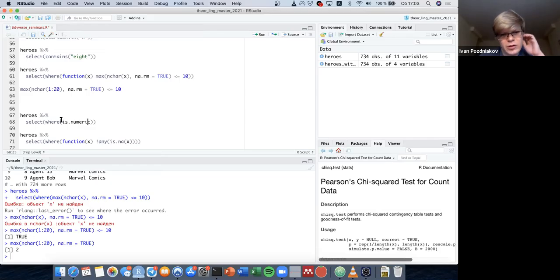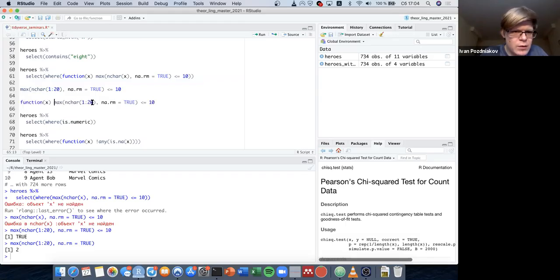It is a built-in function isNumeric that as the first argument has some vector and returns true or false, depending on whether the vector is numeric or not. In this case, we can just write the name of the function. In case we don't have such a function, we can just create it. For example, we can use this code to create a function